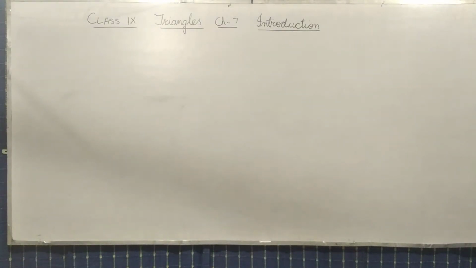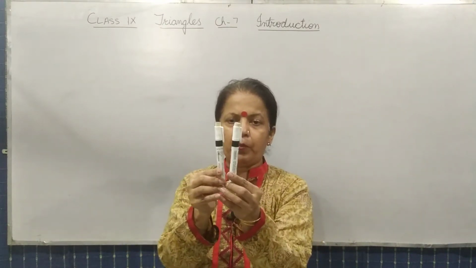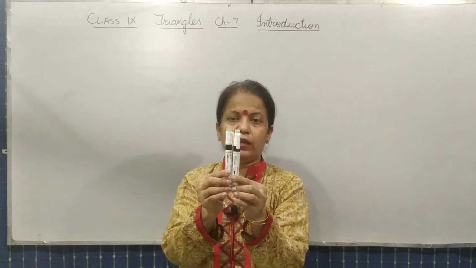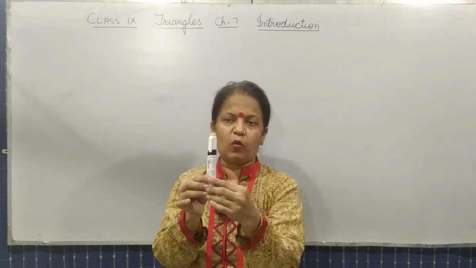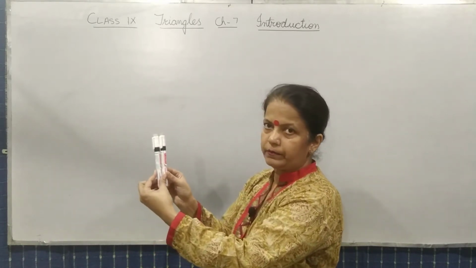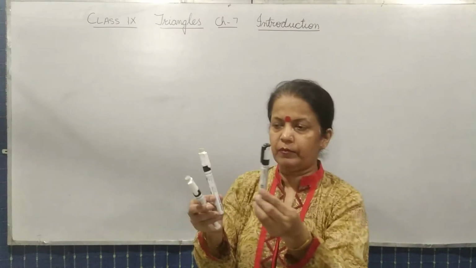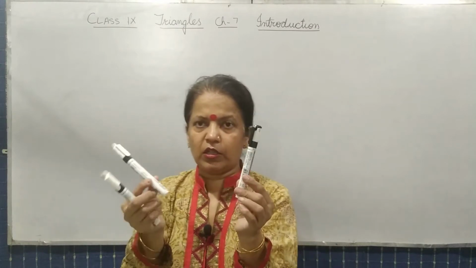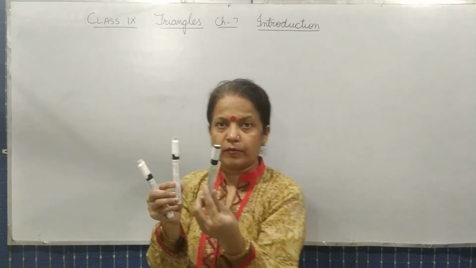If I take these two pens, what do you observe? Both of them are identical in respect to their size, shape, length, or we can say one exactly overlaps with the other one. Okay, but if I keep this pen, then what do you observe? Both of them are different, isn't it? These two pens are different. They are not exactly of the same size.